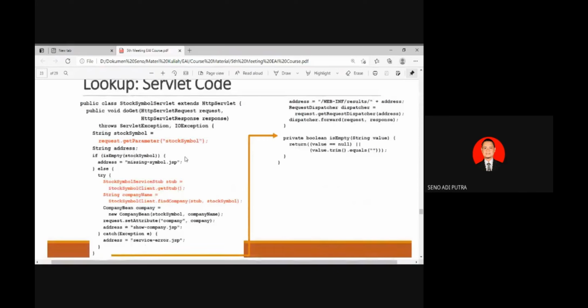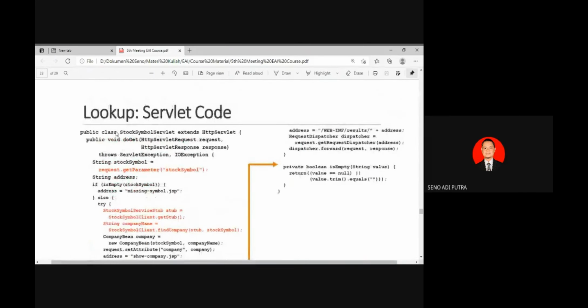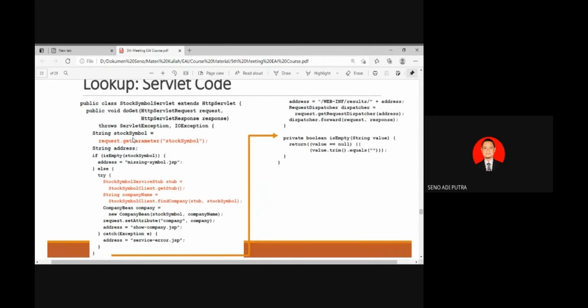Okay, this is the servlet code. You just write the servlet code like this: extend HttpServlet, and because you override HttpServlet, you have to define doGet if the web calls the get method, or doPost if the browser calls the post method.